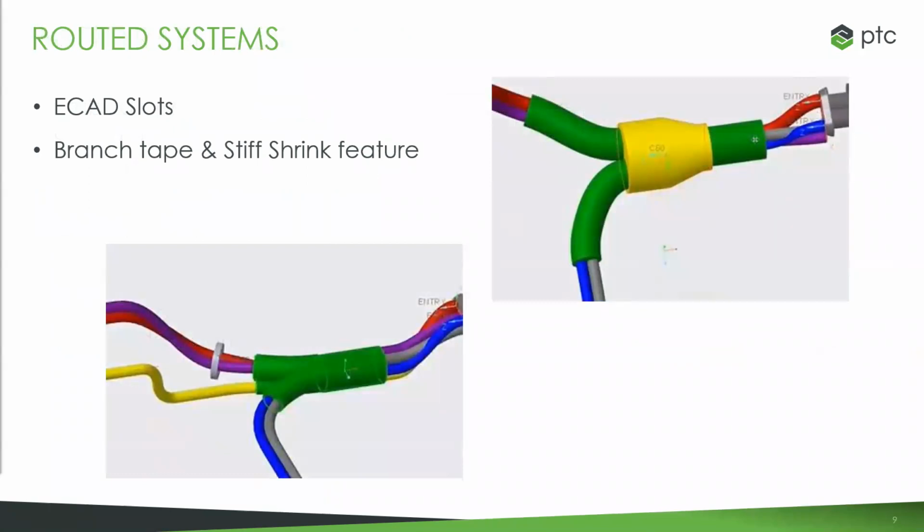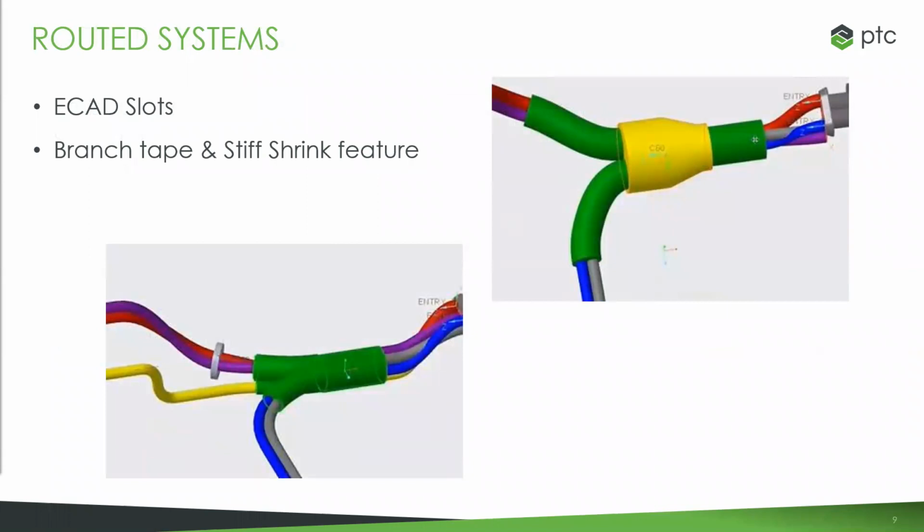Creo 8 also sees us continue to enhance our routed systems capabilities. So here with cabling, what we've added is branch tape. And a branch tape is an identifier to say at a particular joint or a junction in my cabling, we need to wrap tape around it. So it's a graphical representation or cosmetic feature to say essentially that there needs to be tape wrapped around that